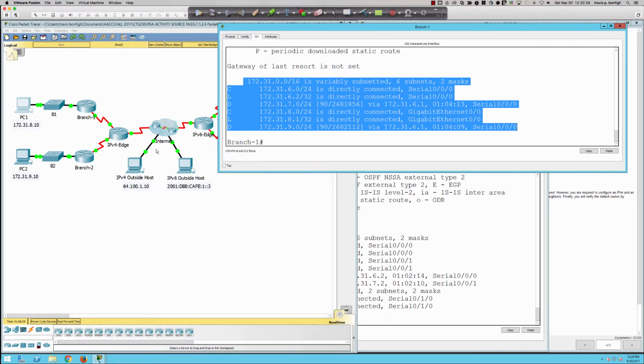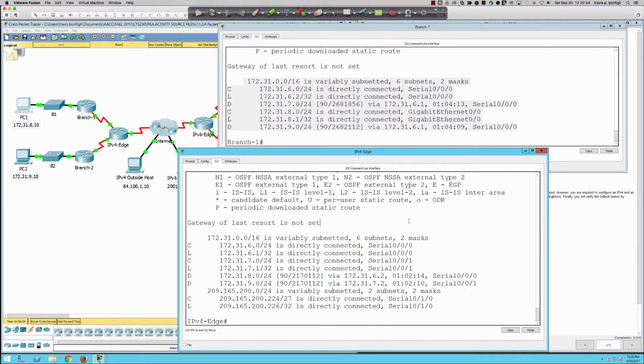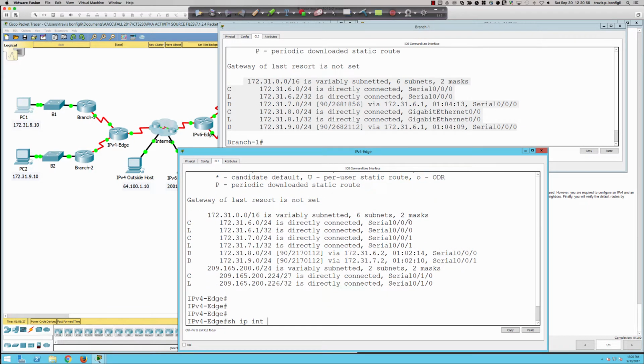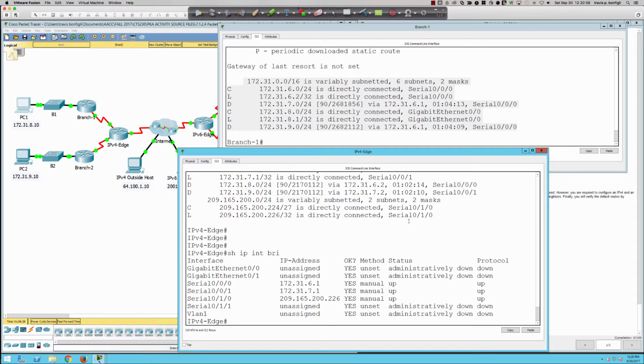And so in this scenario, it makes perfect sense that the IPv4 edge router, being the only router with connectivity to the internet, that we would set the default gateway here on this IPv4 edge router. And so here we are in the IPv4 edge router. Let me say show IP interface brief, and let me do ping, oh, sorry, we're not in global config. So let's say just simply ping